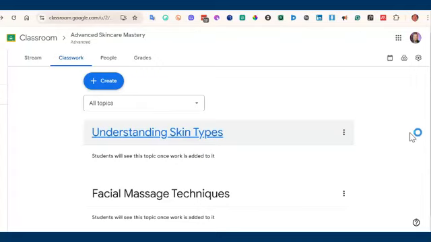For example, under each topic, you can add a question to spark discussion or gather student feedback. You can also use Google Forms to create an interactive quiz that assesses students' understanding. And you can also add a link to Google Meet sessions for live Q&A and practical demonstrations. You may even have a section where there's group work, and you may want to add a Google Doc to it,